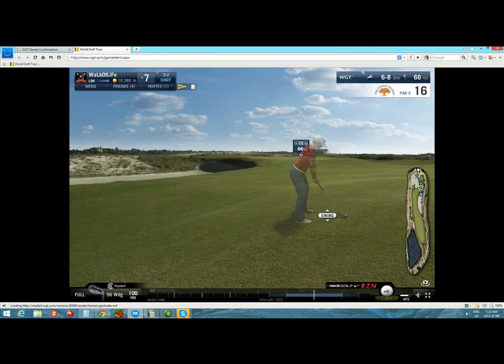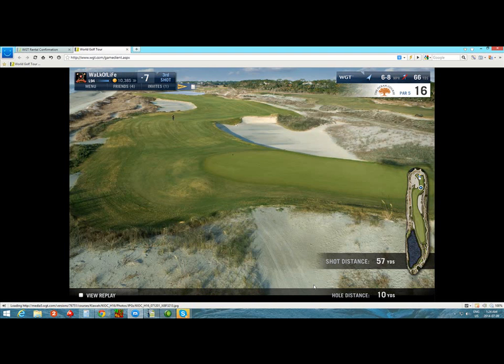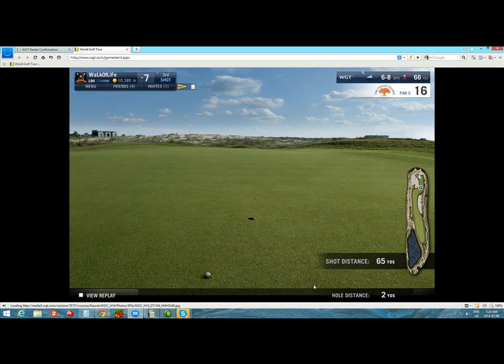66. 66 with a slight headwind, probably 67. So I would play this. So 67 yards. 67 with this club is 85% with neutral spin, so 85 should be, looks like 85 to me. Should be good. Yard short, and it came back a little bit, so